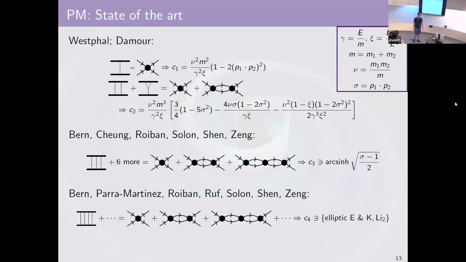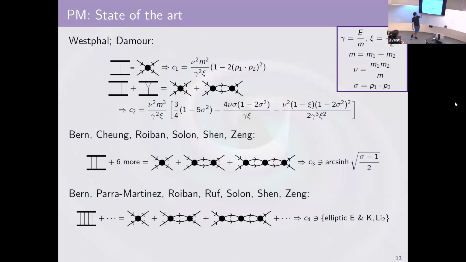Have people tried to resum them presumably? Yeah, to some extent, yeah. So certainly the leading ladder diagrams, and I believe their friends, have been resummed. And people are working on, I believe, the second order of that. So this group also continued on, did 3 loops, and now there are a couple of other groups that have done this as well. So there's 3 main collaborations that are working on this post-Minkowskian front. There is the UCLA and Caltech group. There's the Humboldt group, and there's Rafael Porto's group in DESY.